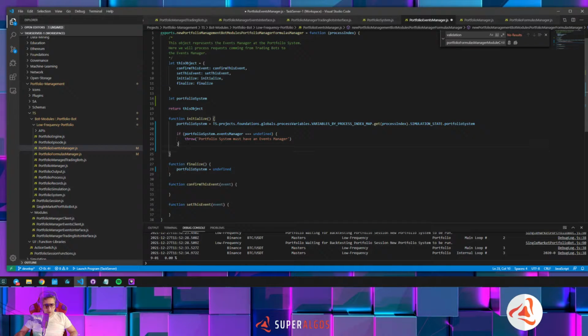Okay. Then this is like a deal breaker kind of exception. We are not going to run portfolio manager without this portfolio event. I don't know. Maybe we don't want the events, we want only the formulas. So in that case,